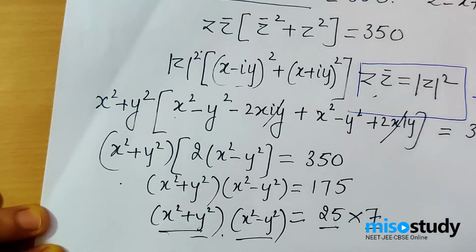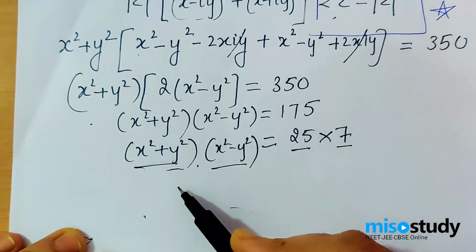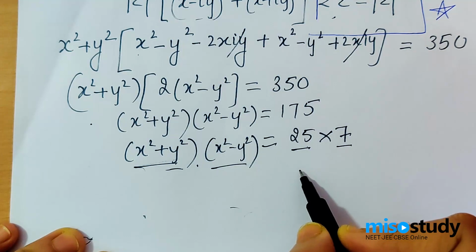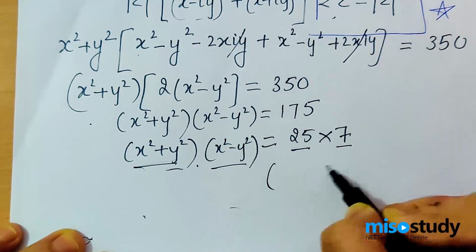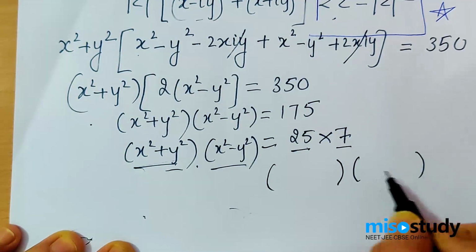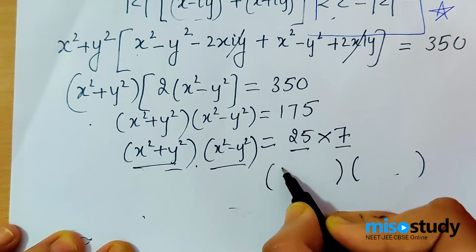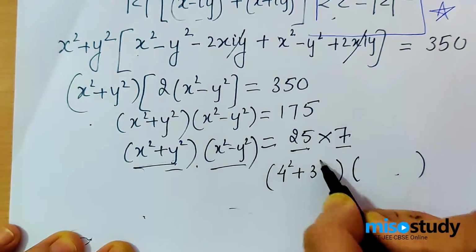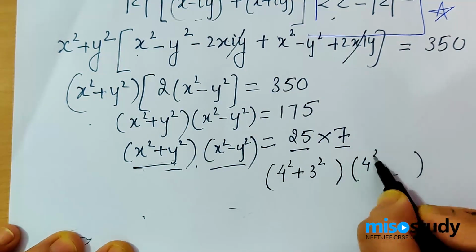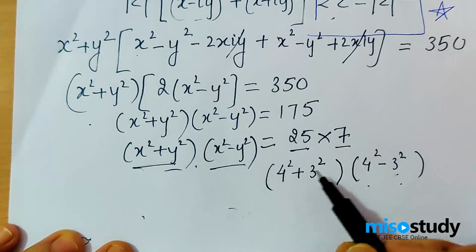Now that I'm given that x and y are integers, you need to find out the value of x and y. You can either use a method of hit and trial, apply a shortcut. You can write 25 as square of some numbers and 7 as the subtraction of the same numbers. For example, I know 25 is 4 square plus 3 square, right? Now, if I subtract 3 square from 4 square, do I get 7? 4 square minus 3 square, that is 16 minus 9 is 7. Yes, great. So we did it.